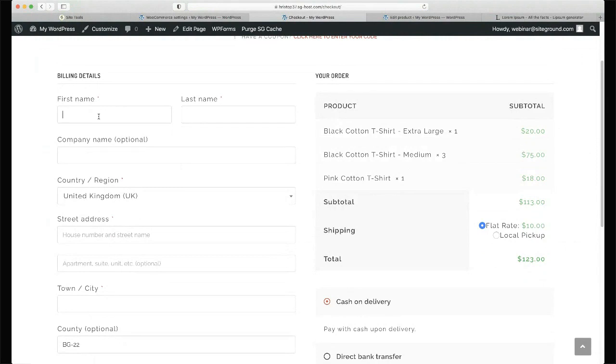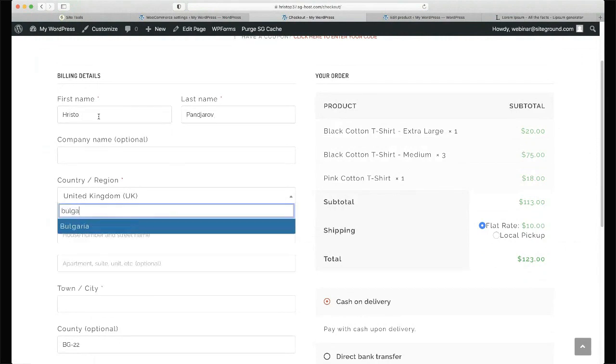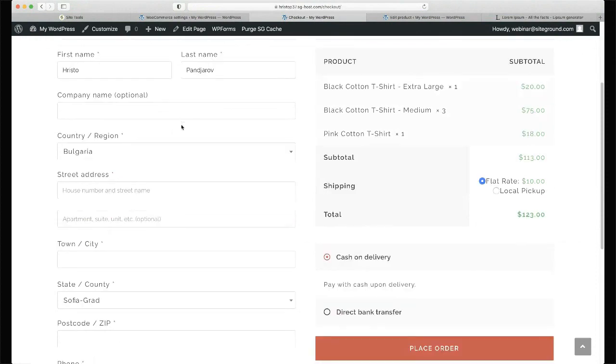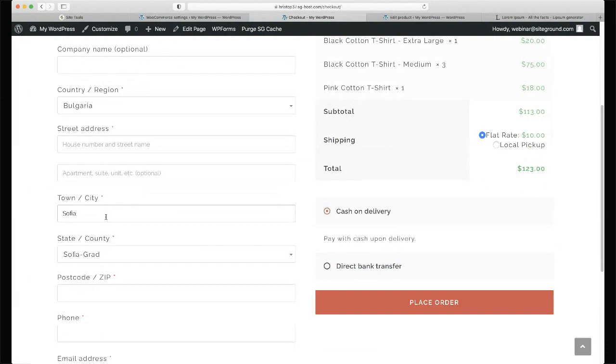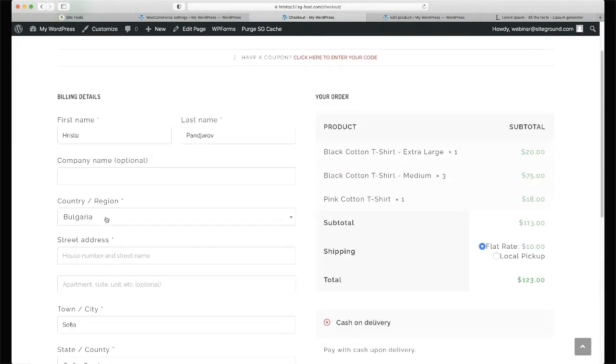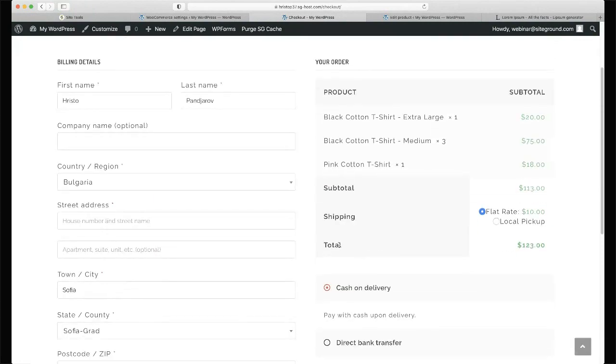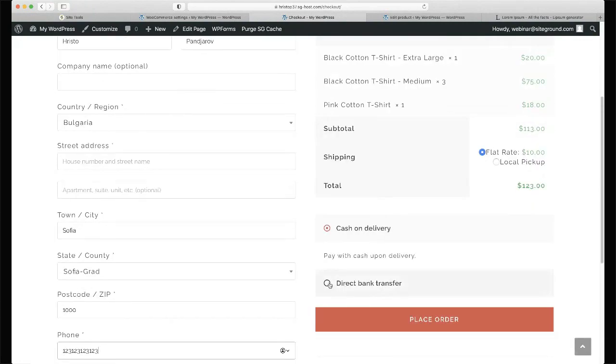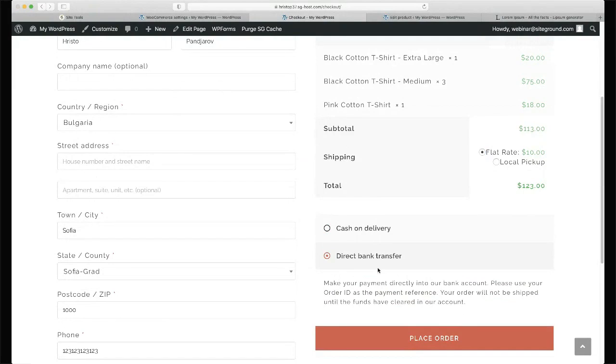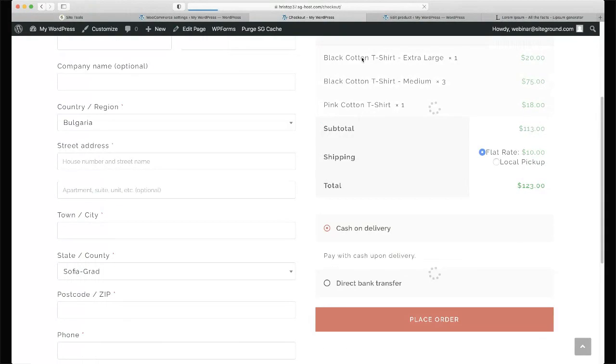Now, once I enter my name, I will see the available payment options, but I will need to refresh this page because